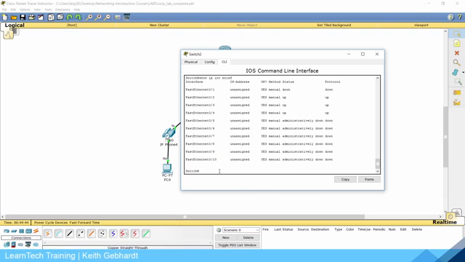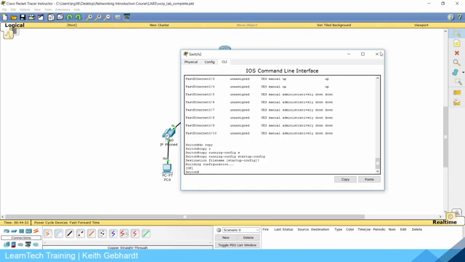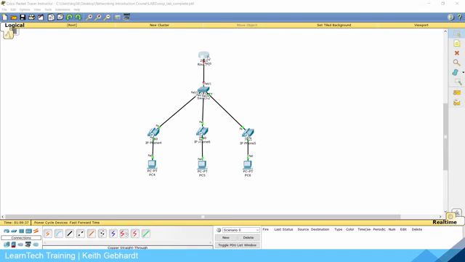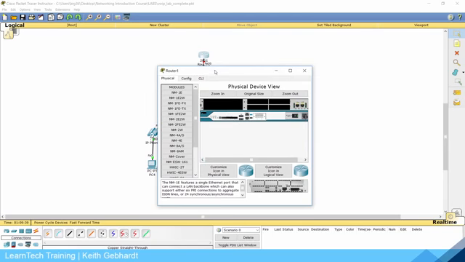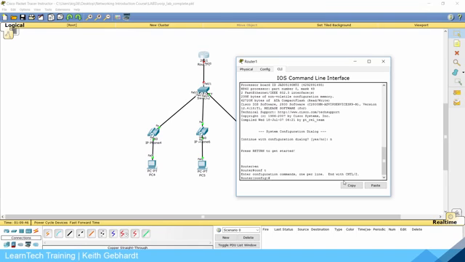So right now I'm just going to do copy running-config startup-config to save this, and we are good on the switch. Let's go ahead and go into our router and configure our subinterfaces on our physical interface. So when we get the dialog message, we're going to say no, get into global configuration mode, and we need to